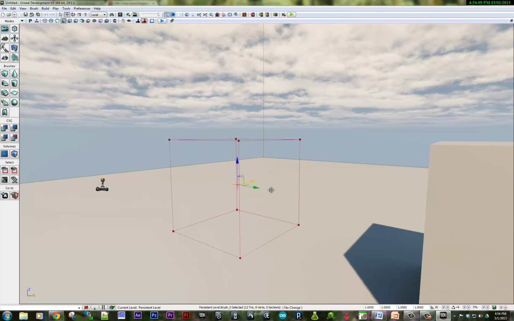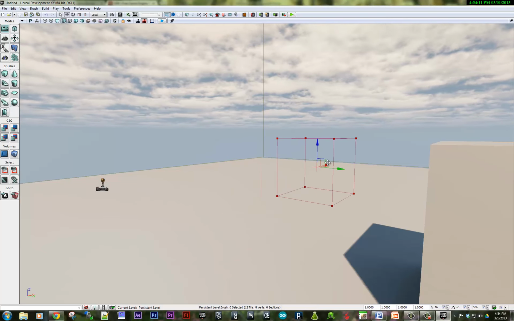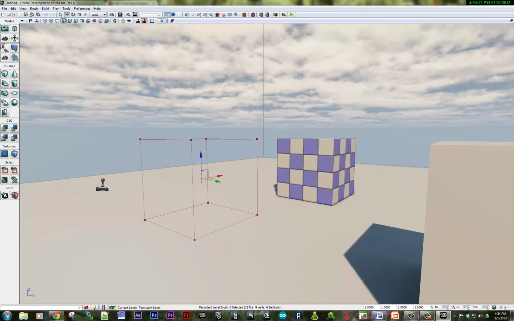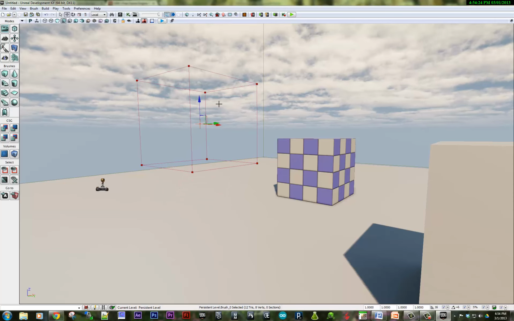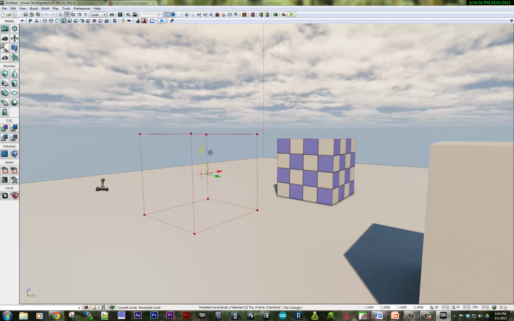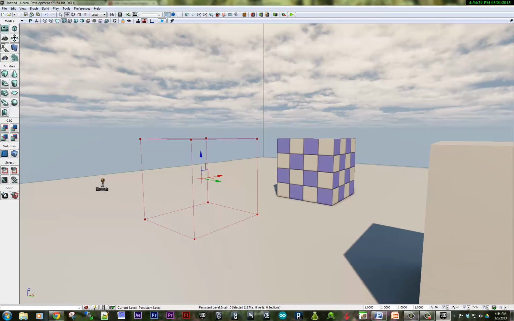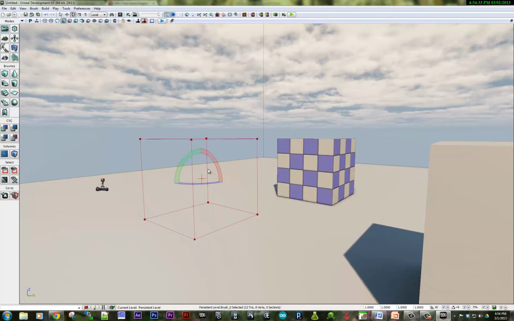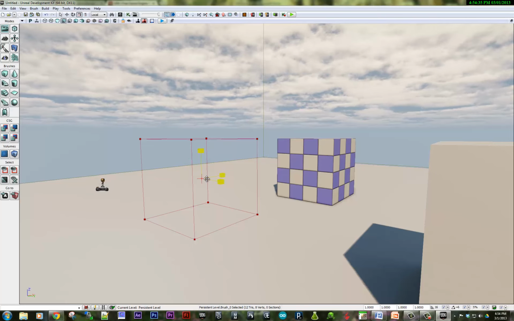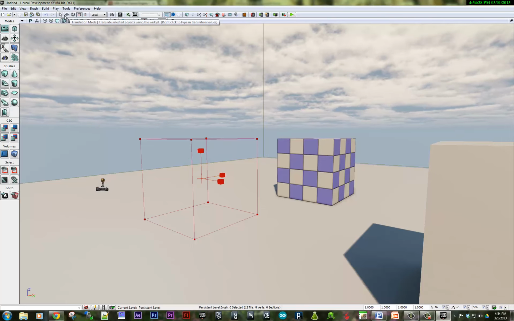You'll do that by using the builder brush, and Control A will add a volume where that builder brush stood. And as you can notice, this has a transform tool much like Maya's transform tool. By hitting the space bar, you can toggle through rotation and scale. Those tools are also available right at the top here. And you can also do a local or world